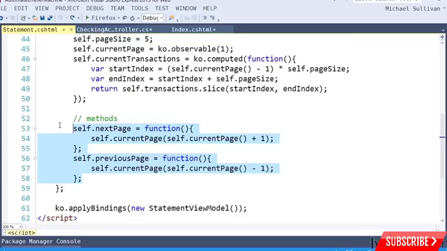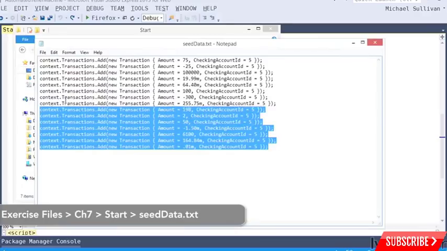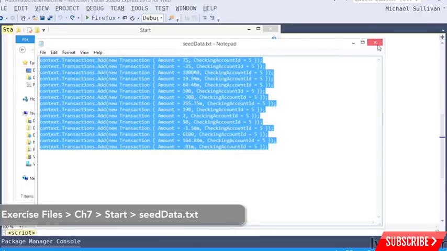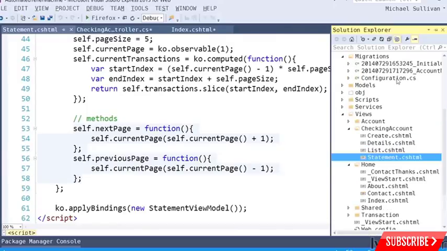But before we do that, I'm just going to add some seed data for one of my accounts so that we actually have a good number of transactions to look at. So in the exercise files, also in the start folder under chapter 7, there's a text file called seed data. I'm just going to copy these lines and paste them into my seed method, which is in the configuration class